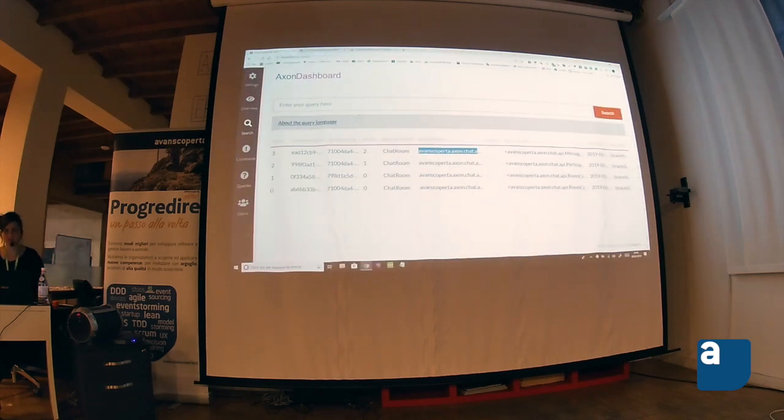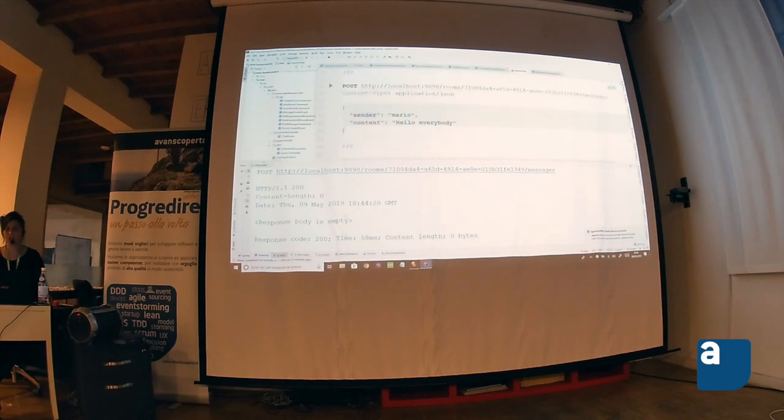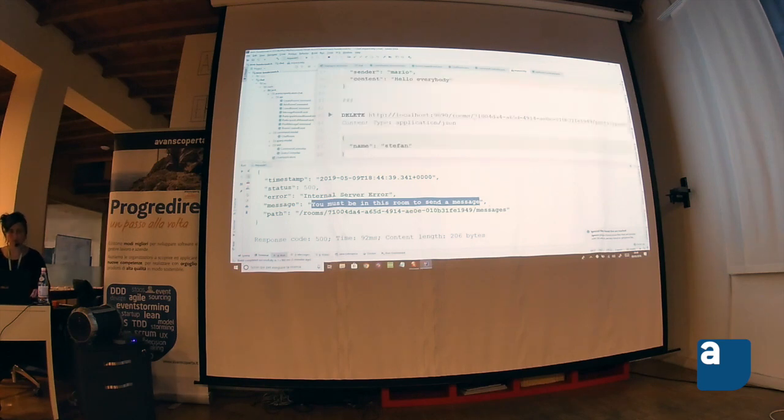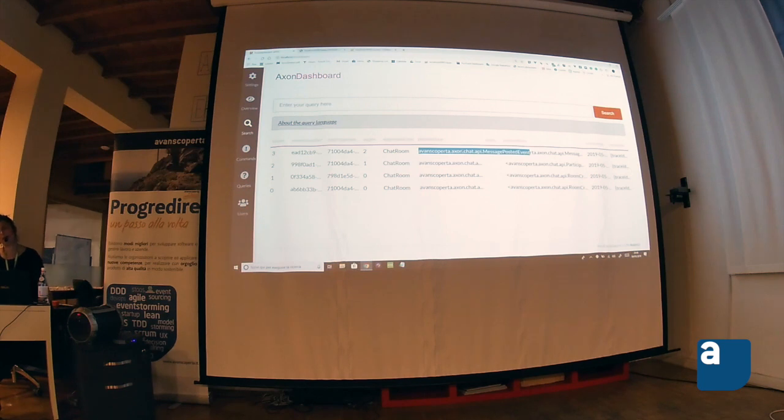And as you can see, now I have this new message posted event in our event store. If I try to send a new message with a sender that is not part of our chat room, you can see that I receive my error: you must be in this room to send a message. So we have tried to send commands, and we have seen that our aggregate validates its own internal consistency,